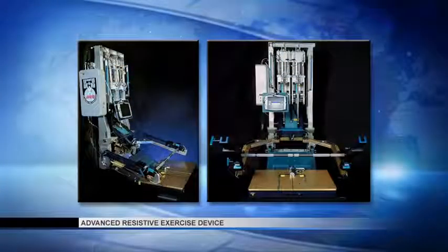The Force Shoes is a device that will measure the dynamic loads as the crew member exercises. Essentially, we have ARED, which is one of the resistive exercise devices, and it currently doesn't have the functionality working correctly to collect the data on the force impacting. So with these Force Shoes, we should be able to collect the information on the loads. Why is the load information important? Because it will help